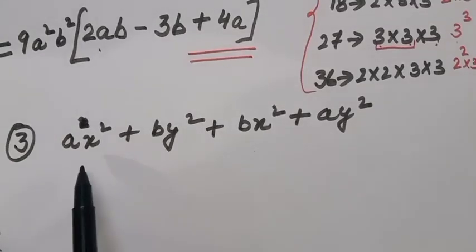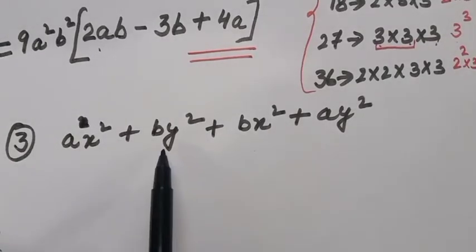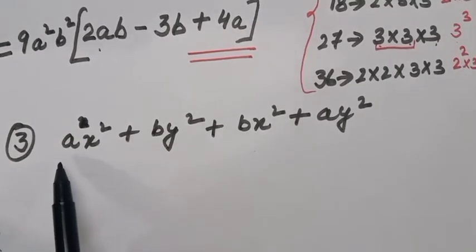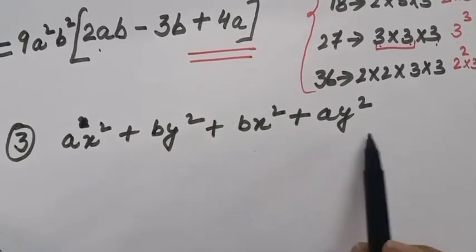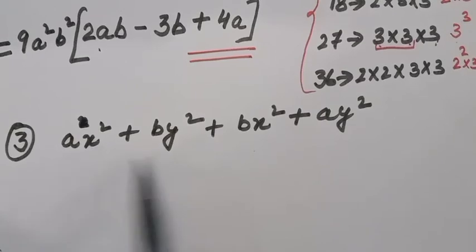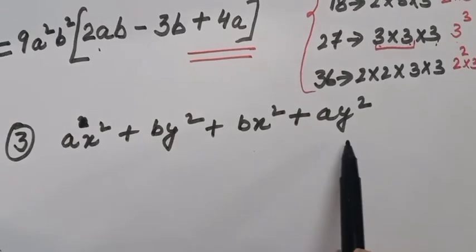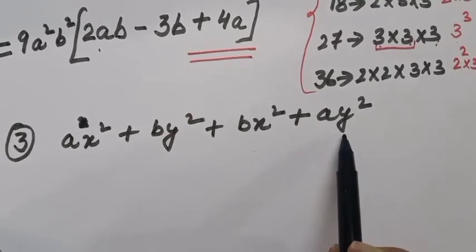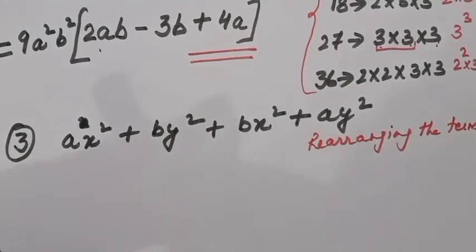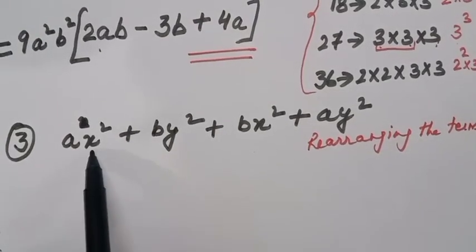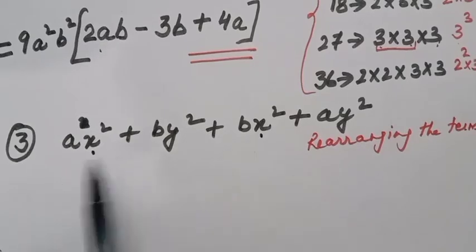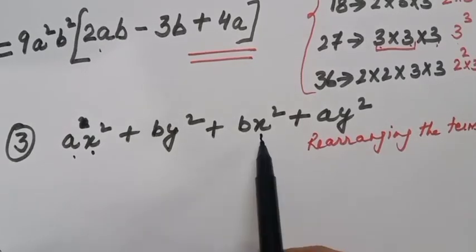Because if you compare, there is nothing common in these terms, or nothing can come common out of these 4 terms. We don't have A in all the terms. We don't have x square in all the terms. So in this kind of a condition, we will start simplifying our solution by rearranging the terms. We will start observing that x square is there. So if we write these 2 terms together, x square can come common.